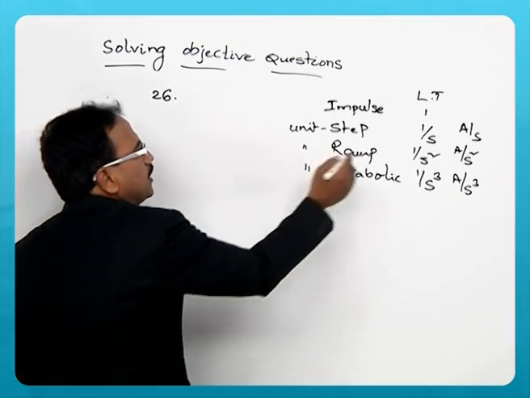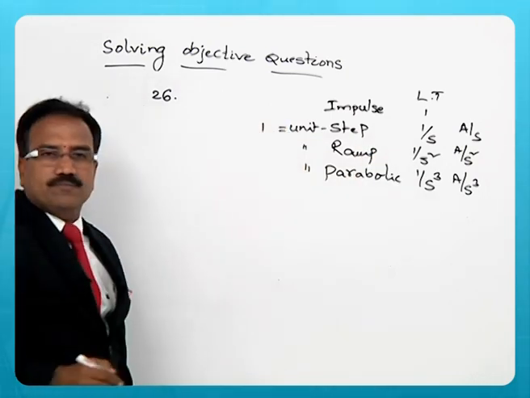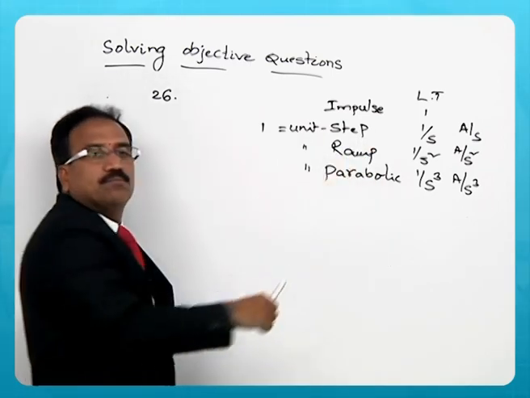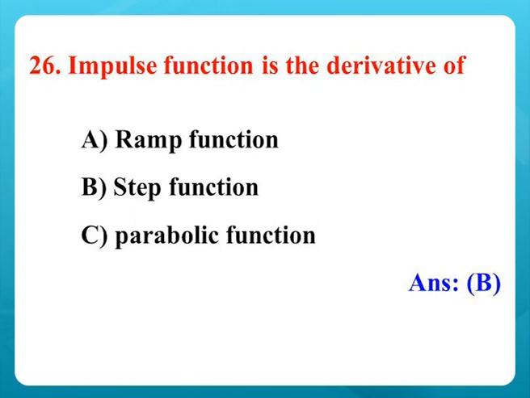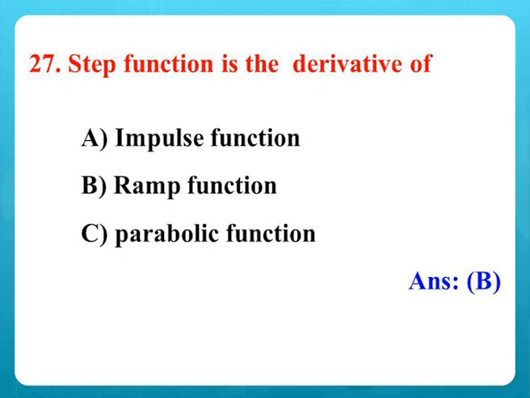So unit step Laplace transform is 1 by S, otherwise it is simply 1. So the derivative of unit step is an impulse signal. So option B is the right answer here. Impulse function is the derivative of step function. Question number 27. Step function is the derivative of